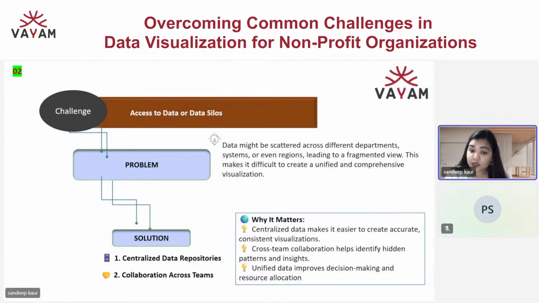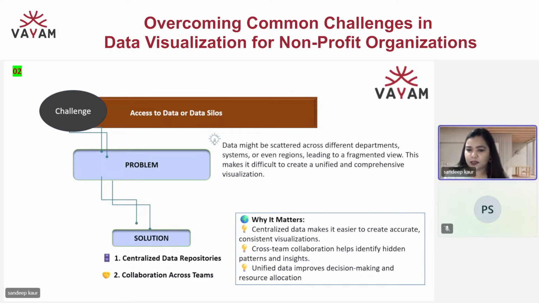Another challenge, access to data and data loss. Data can be, it could be 100 people working on the same issues with the same strategy, same goals. And now everybody is using their own data in their own way. So it will bring a kind of uncertainty in your data management.